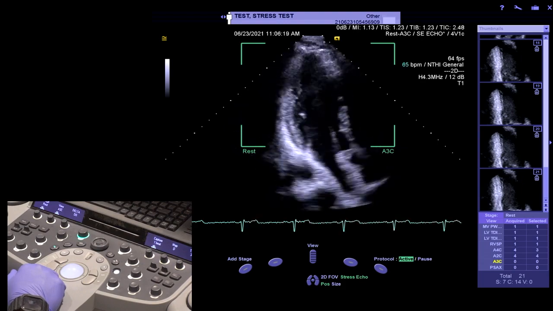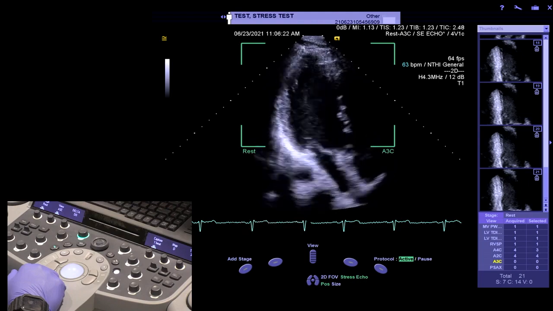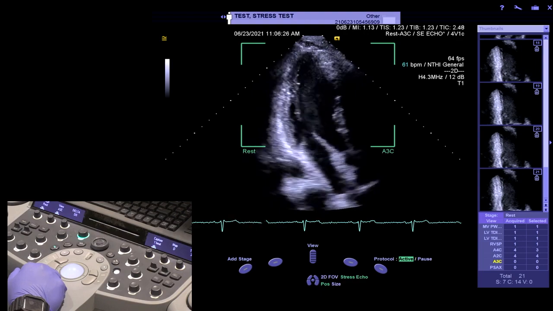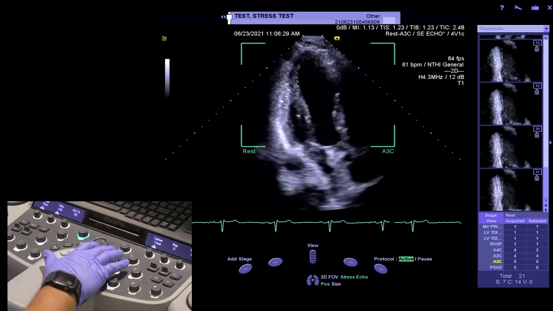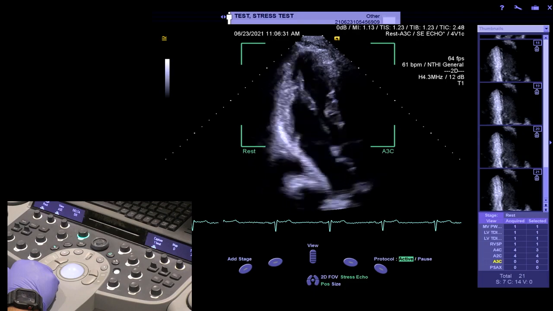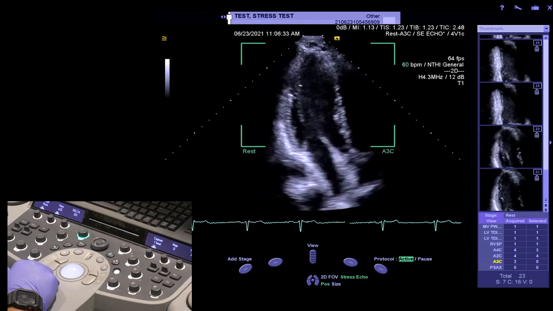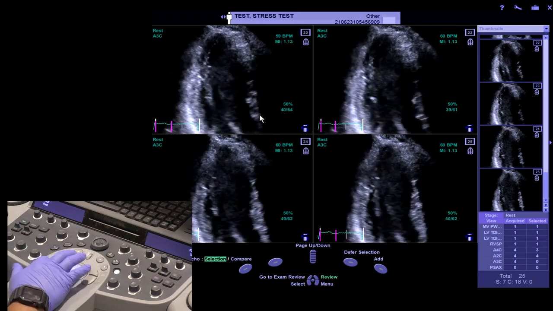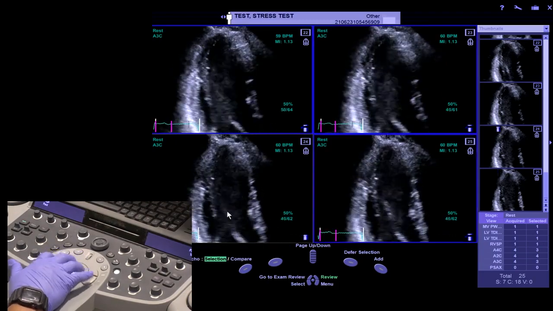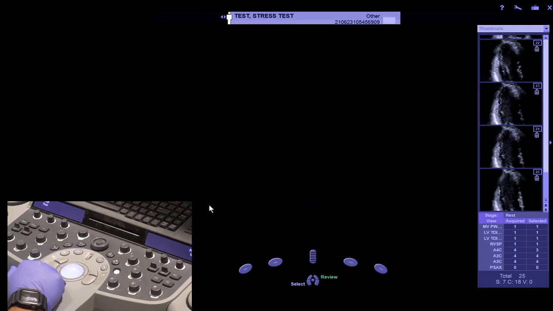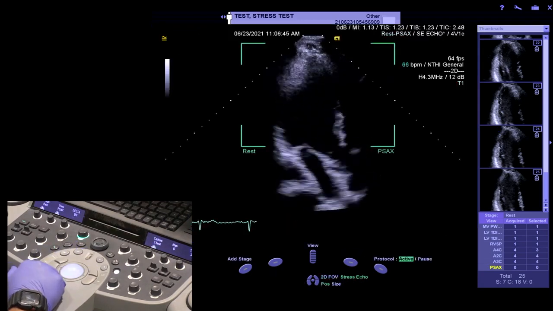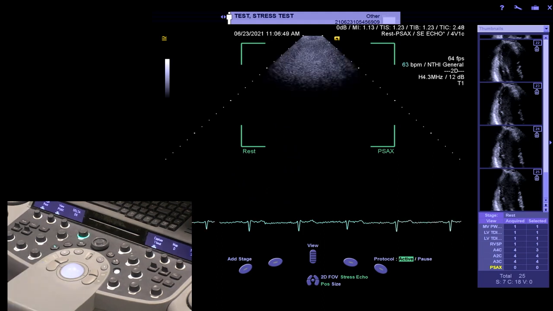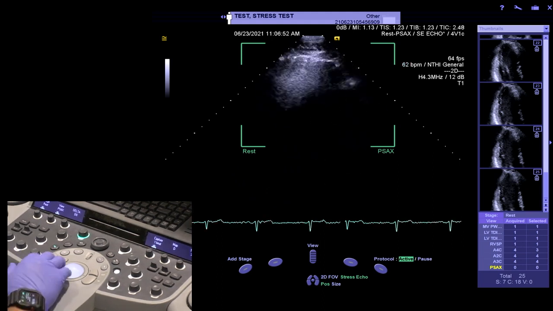Again, listen to the PowerPoint presentation prior to starting this to understand the utilization of the apical 3-chamber versus the parasternal long axis. We'll acquire that as a live image. And we will then select the images in which we like, double clicking on the final selection, and the machine then tells us what we need to do next for our view, which is our resting parasternal short axis at the